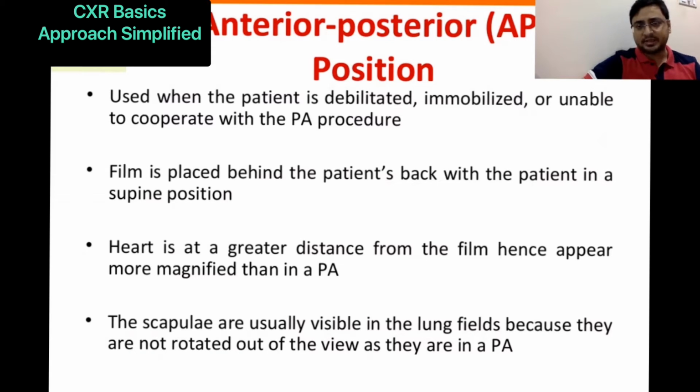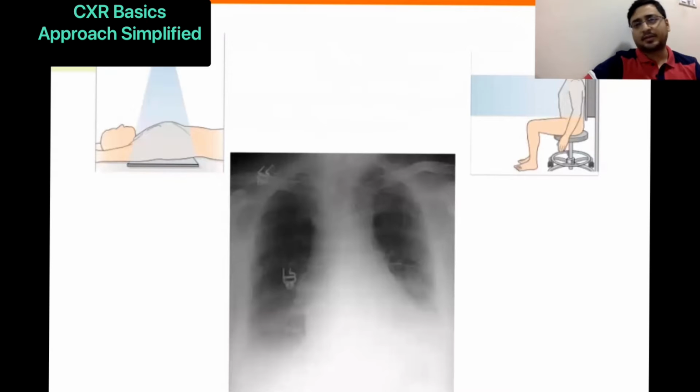The heart is at a greater distance from the film, hence it appears more magnified than in the PA view, and the scapula is easily visible in the lung fields because they are not rotated out of the view as they are in the PA view. So these are a few of the important facts. By them you can also examine a film and say whether it has been taken in a PA view